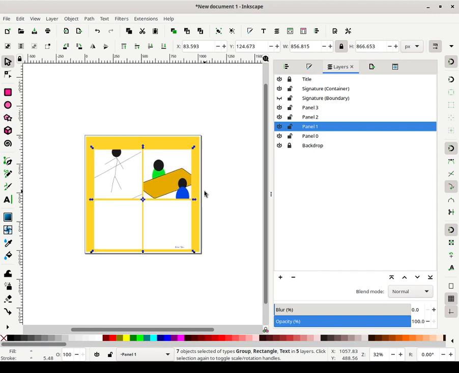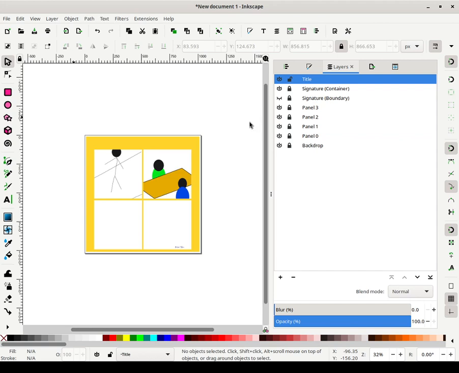Now if you wanted, you could stretch these out and have them touch the corners, but I don't want to do that because I don't want to distort the image, so I'm just going to leave them as they are for now. But of course, you can do whatever you want with your own comic strip. This is just a demonstration, so it doesn't really matter that much.